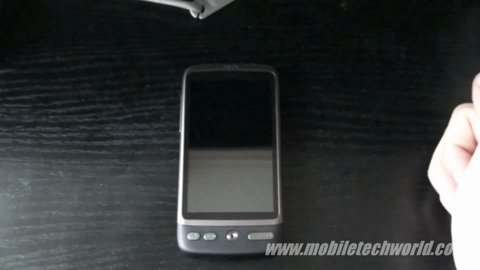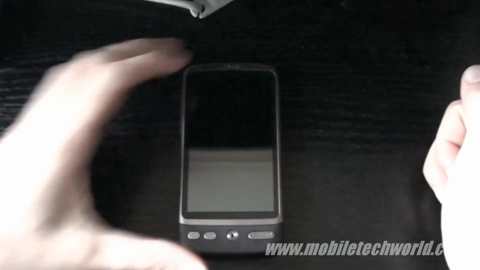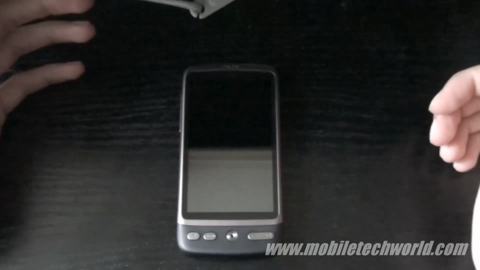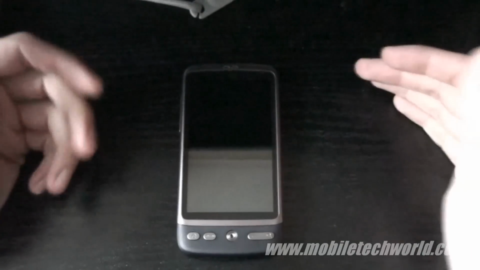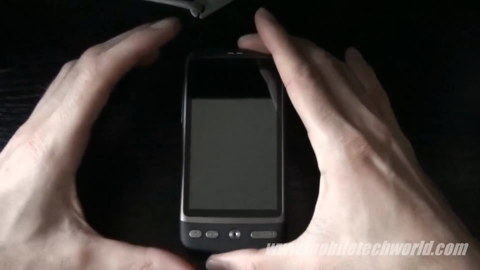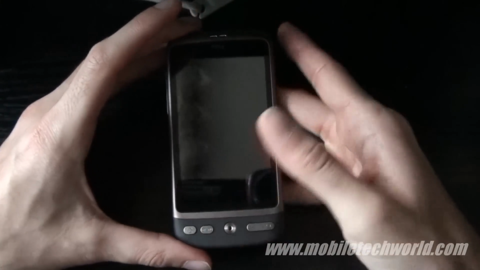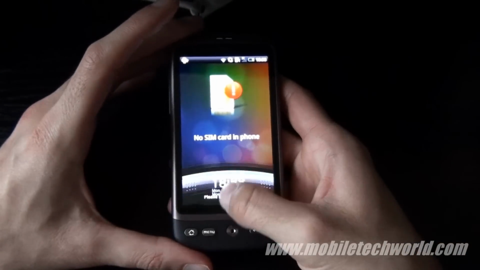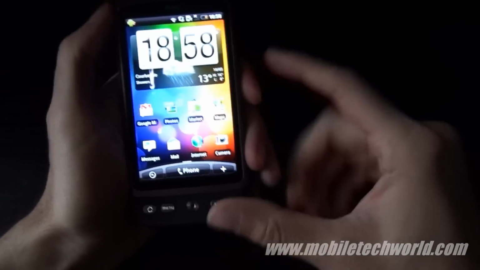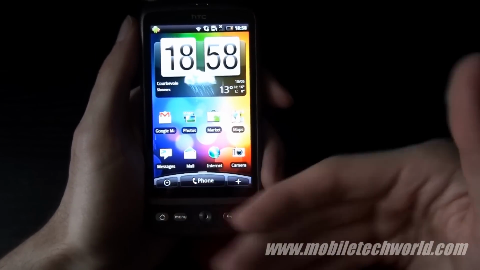Today I'm going to give you a quick software tour of the HTC Desire and show you how the new HTC Sense UI looks and performs on the latest Android 2.1 handset. So I'm going to turn it on. And right here you have